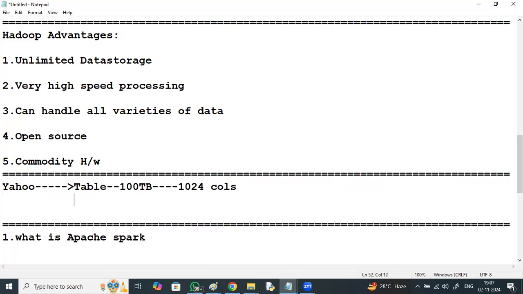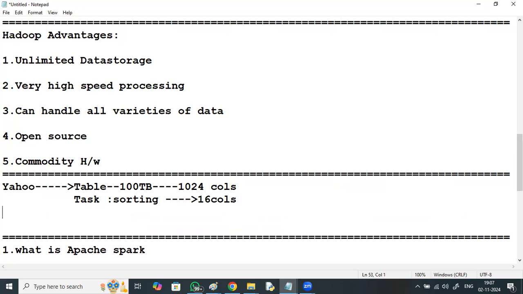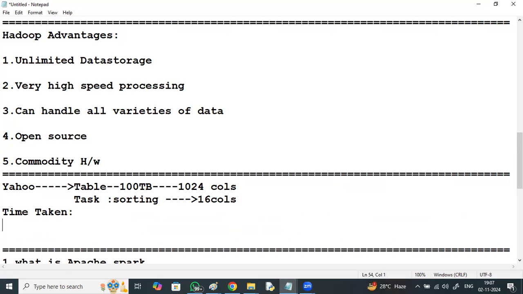The task was sorting based on 16 columns, not a single column. Time taken by different databases, first one.